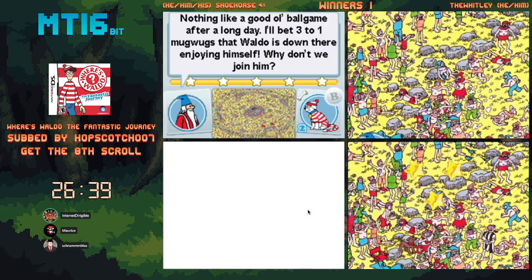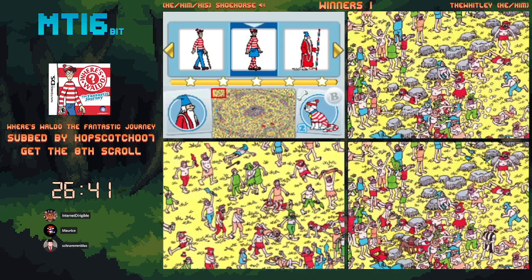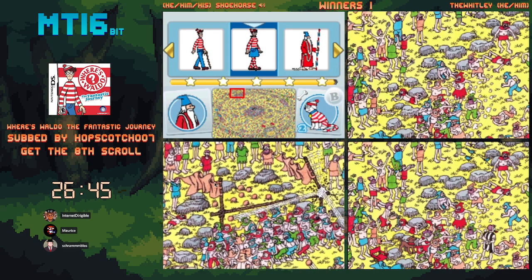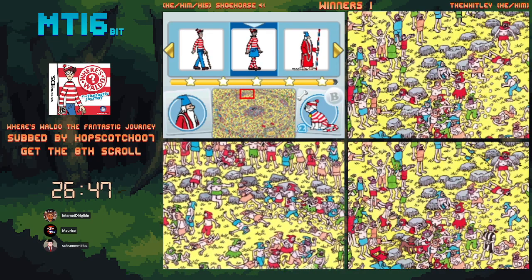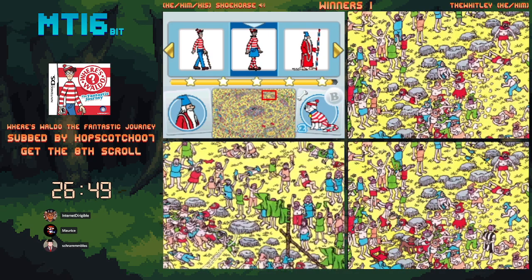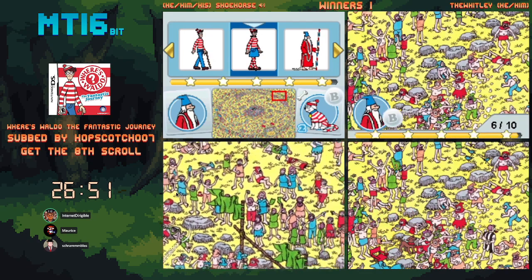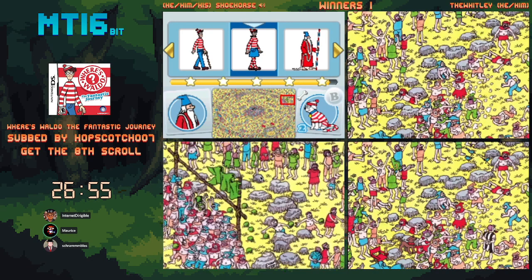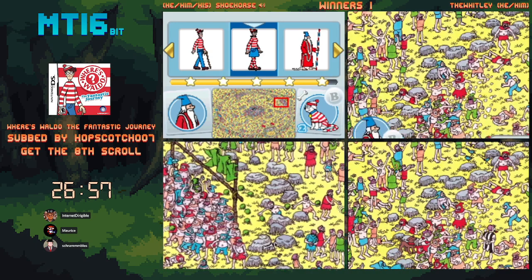Obviously the giant blue guy in the middle of the screen. Yeah, good call. There's a red chair in the bottom left. The ref. Well, I think he's a ref. They are playing dodgeball. Okay, there's birds at the top. There's...